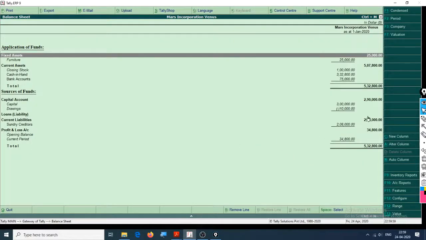Okay, so this is a vertical balance sheet, and this is the modern format which shows application of funds and sources of funds. Application is asset, where we have applied our funds. Sources is our liabilities, where we have procured our funds from. This here is the dollar symbol, and yes, this is pretty much it.